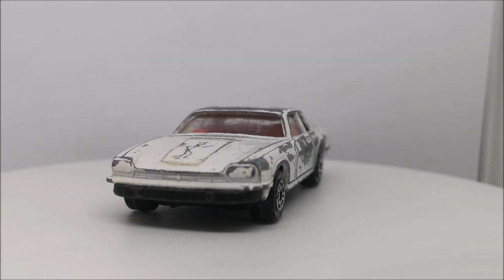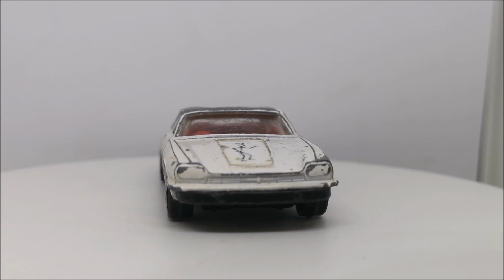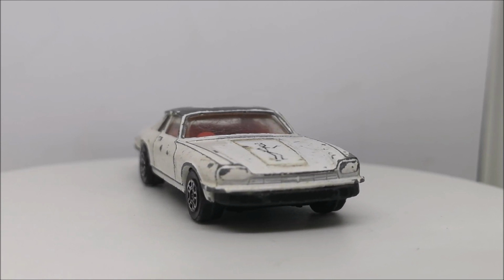Hi guys, welcome back to another Matchbox Garage video, where today I attempt to take this Corgi from shabby to